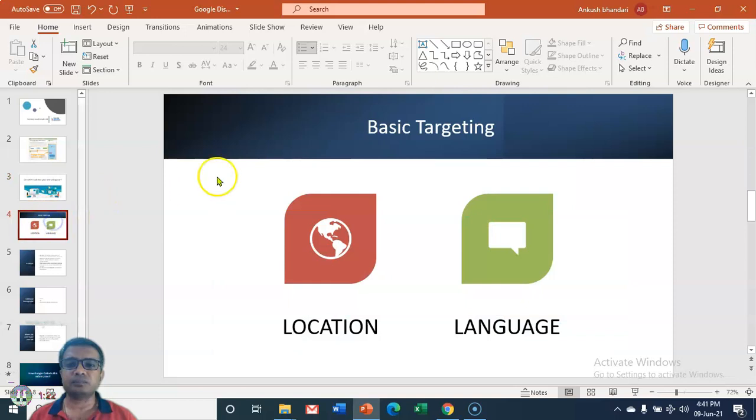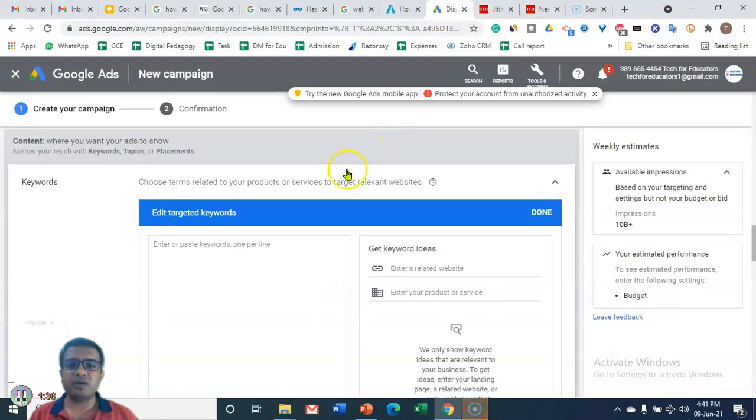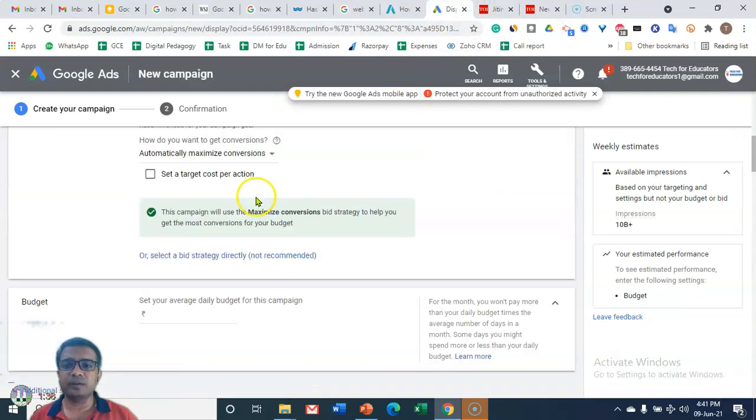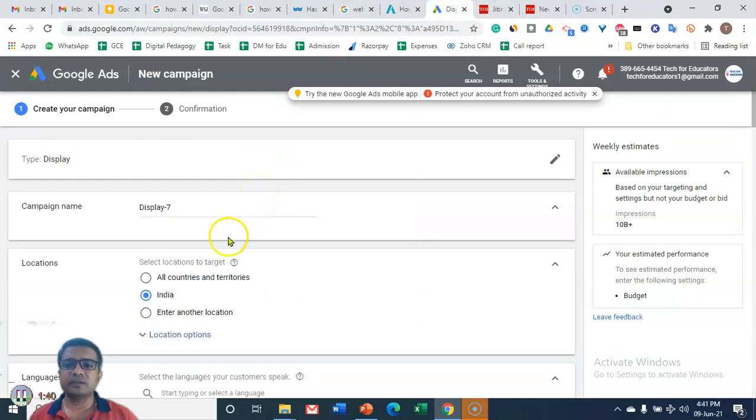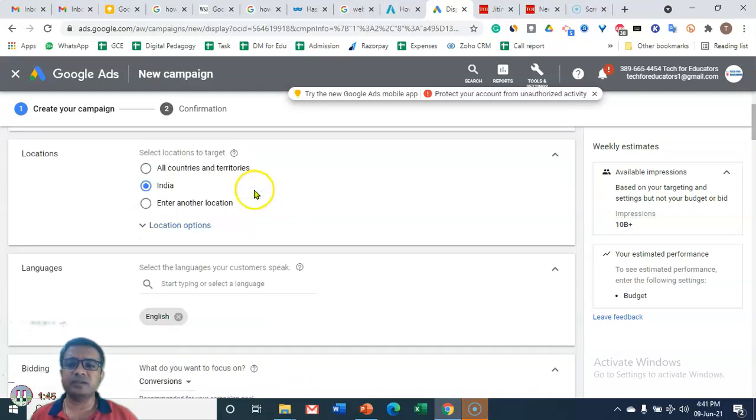In Google Display Ads, the first basic targeting that we can do is location and language. Let me take you through the live platform. Here we can see the first one is the location. I can decide which part of India or which part of the world should see my ad.